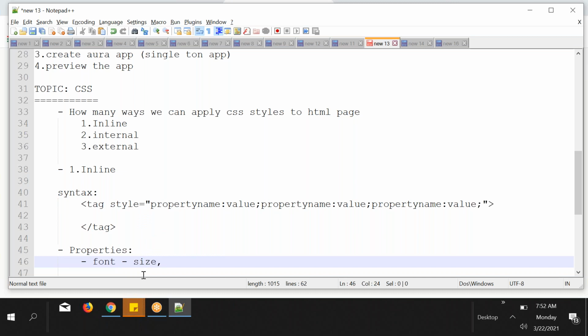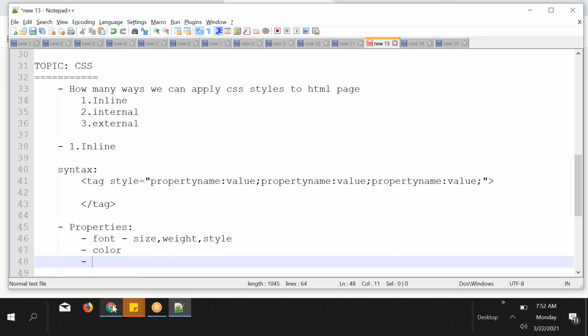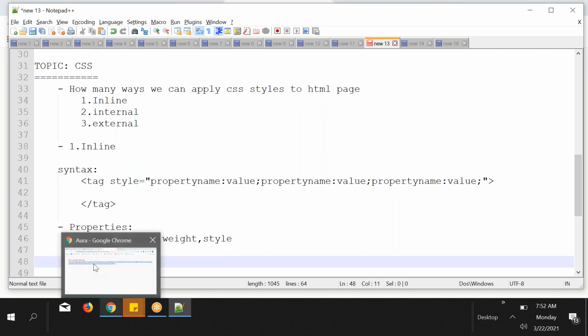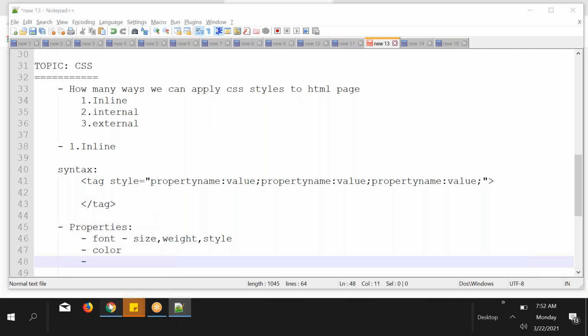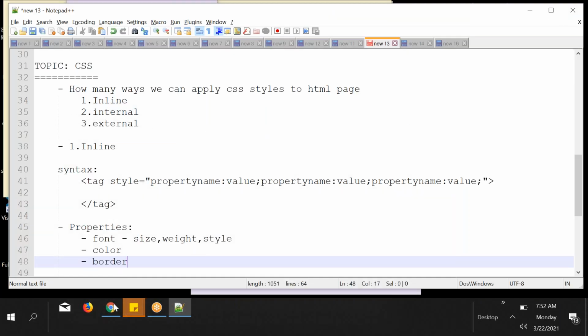Size, weight, style. Like that. The next property you have learned is color. Next, I want to add a border for this one. I want to display a border for this one. So let's display the border. The property name is border.